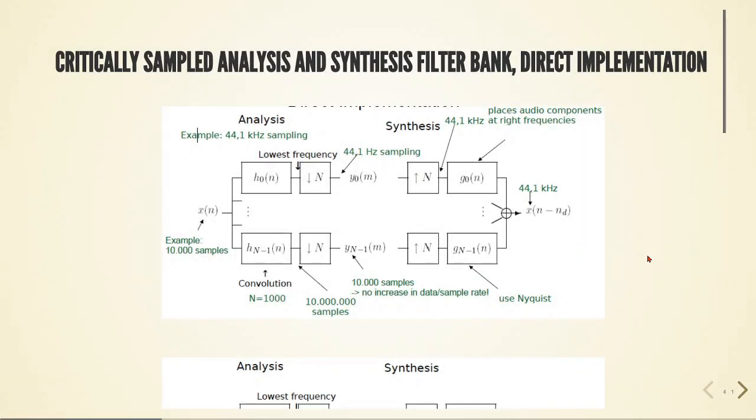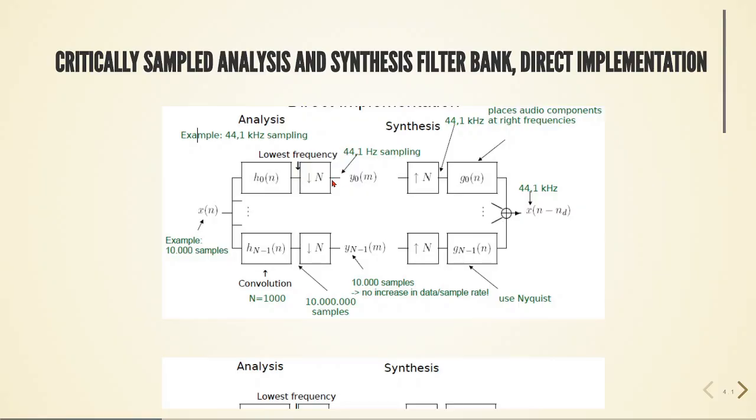These diagrams will show us a critically sampled analysis and synthesis filter bank in a direct implementation. So here we have our analysis filter bank. Here is our synthesis filter bank. Let's say in this example we are using a 44.1 kilohertz sampling rate. Here we will have our lowest frequency,